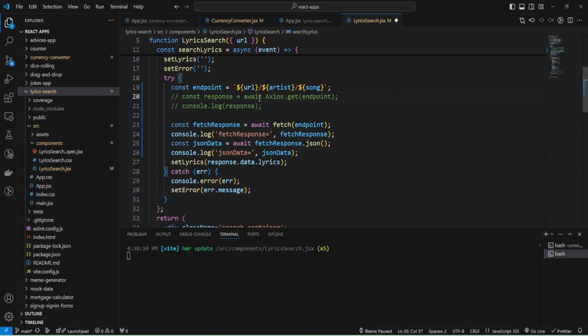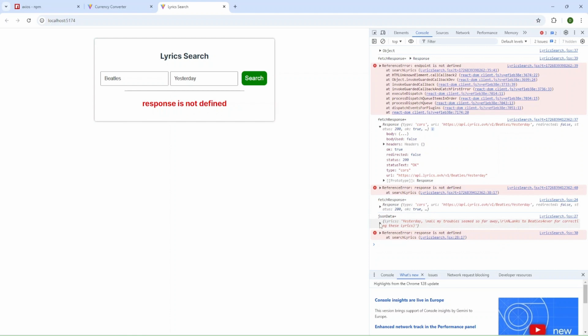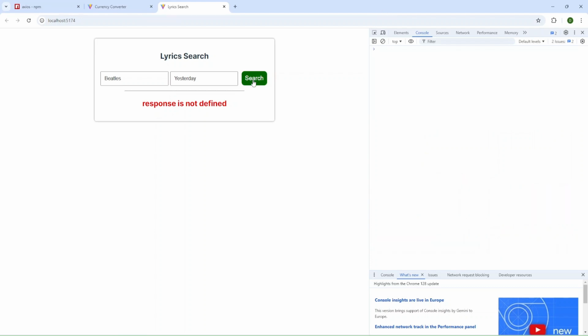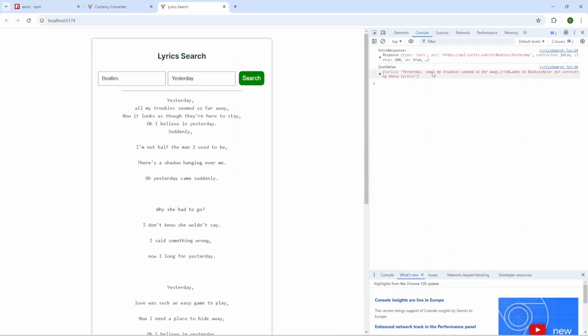While in Axios we just retrieved data from the response, and it was converted to JSON automatically. Let's check what I have. I'm going to press search, and we have our JSON data, and inside JSON data we have lyrics, and I can remove response data and paste lyrics and search again, and eventually we have our text from the response.